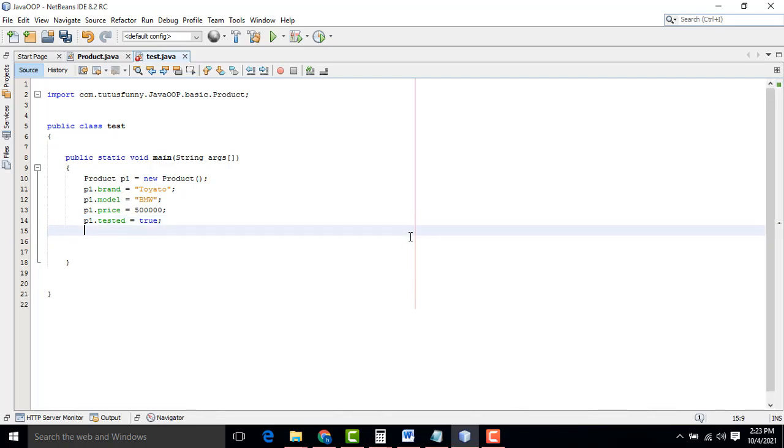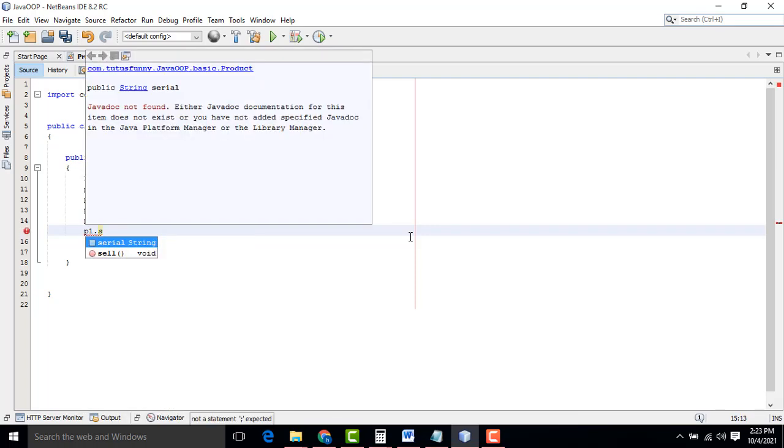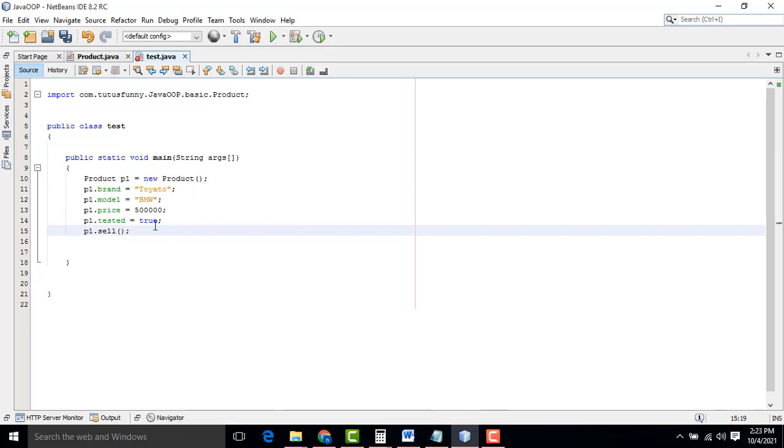We have a method, and we call it p1 dot sell. What you write inside the class will be called. Okay, so we have to write it like this.